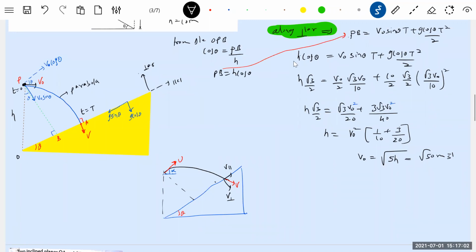Not root 5h, somebody is telling root 2h. Yes, sir, even I am getting root 2h as well. Me too, sir. Okay, I'll simplify. I think we all are using the same mass. I doubt it. It's 2 root h, sir. Yeah, this 2 will be actually 10, 1 plus 3 by 2. Five by 2.